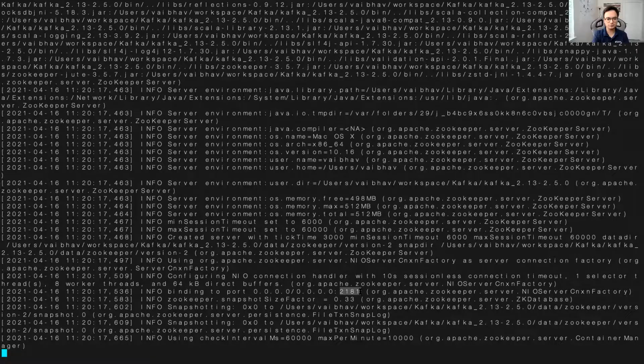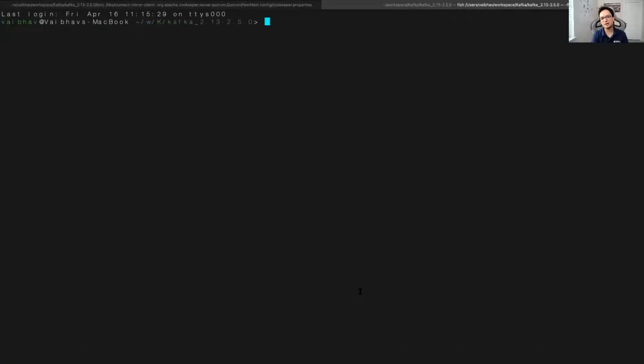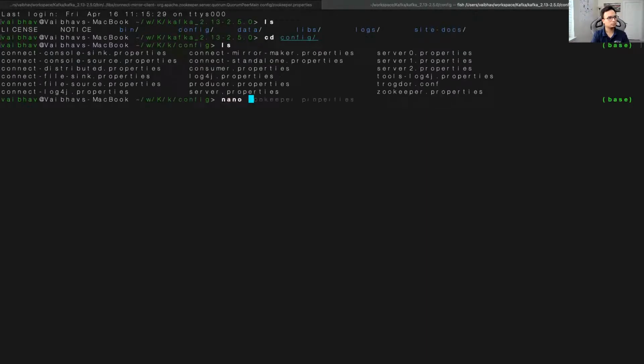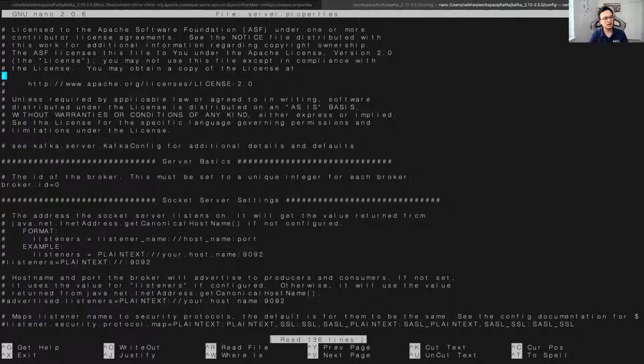So once we have started the Zookeeper, our next step will be to start the Kafka server. For that, we'll make some changes to the Kafka config. We'll again open config, and change server.properties, config/server.properties, and change the location of the log store.